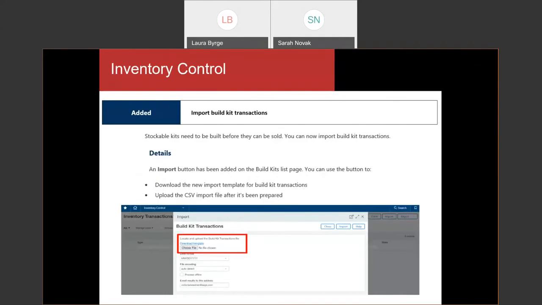Okay, so some more inventory. For those of you that build kit transactions, stockable kits, you used to have to do that manually, and you did not have the ability to import build kit transactions in Intacct. So Intacct has added that functionality in. In order to do this, you need to go to the build kits list page. On that page there is an import button. You'll click that button. You can download the new import template, and it also has the screen where you can upload the CSV